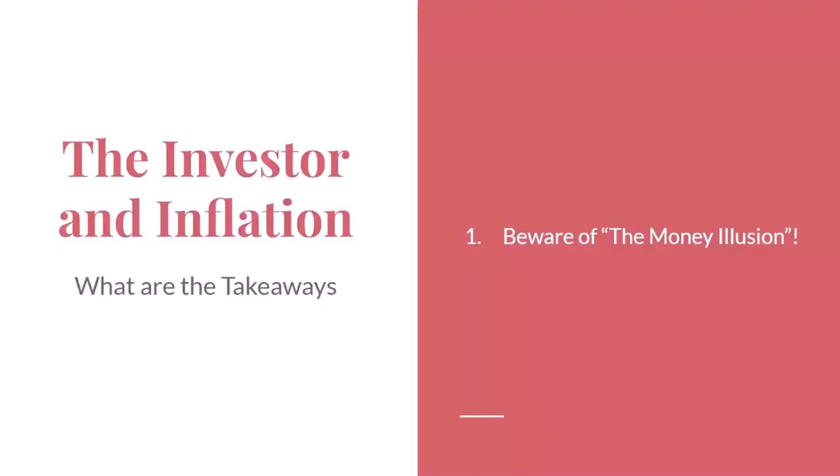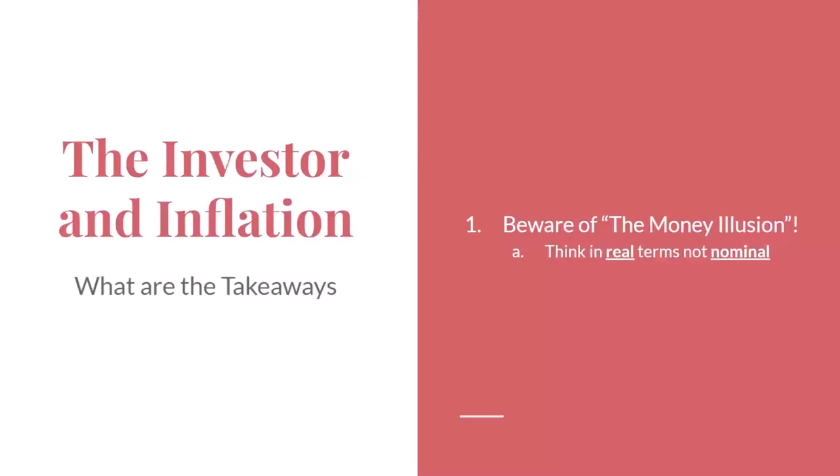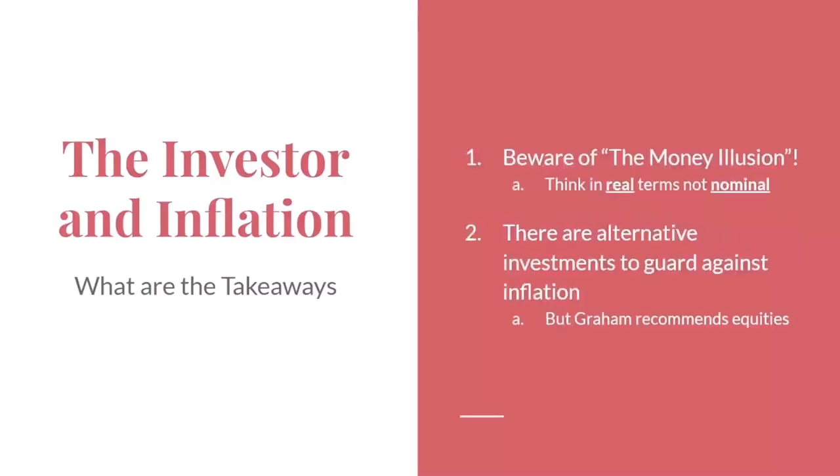When it comes to being an intelligent investor and considering inflation, the first battle that must be recognized and made is the psychological one against the money illusion. The intelligent investor must learn to think of returns in real terms, not nominal, to be able to make the best and most effective investment decision when it comes to choosing what to invest in. Once the investor has learned to think in real terms, they can then proceed to adequately guard themselves against the never-ending battle with inflation. To guard against inflation, the investor can consider a variety of vehicles such as gold, real estate, TIPS, and equities.